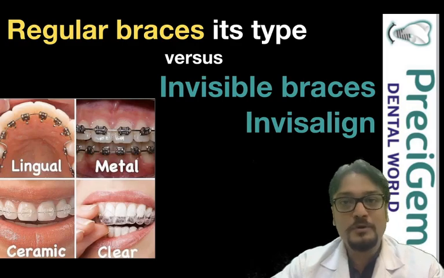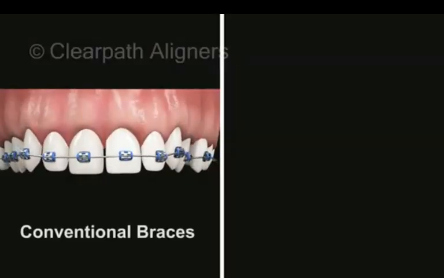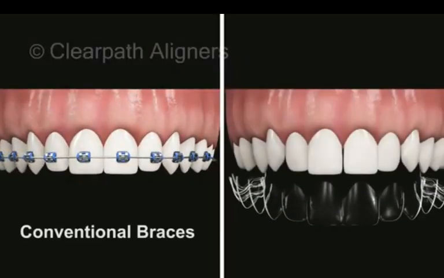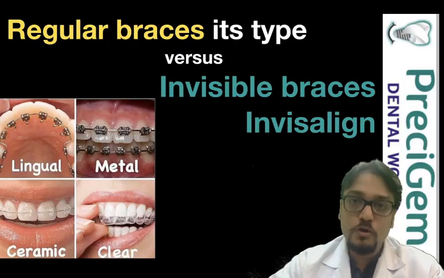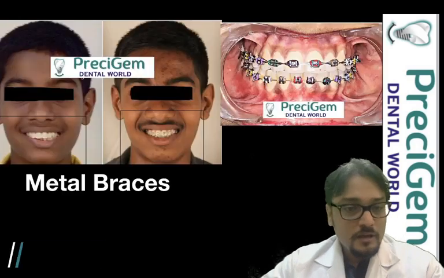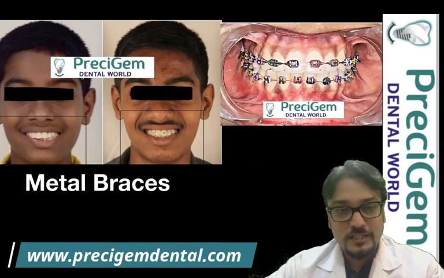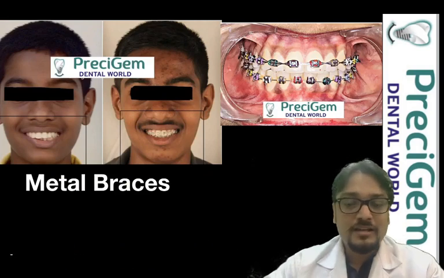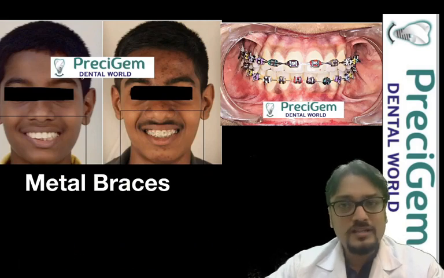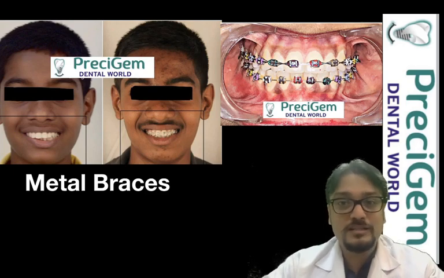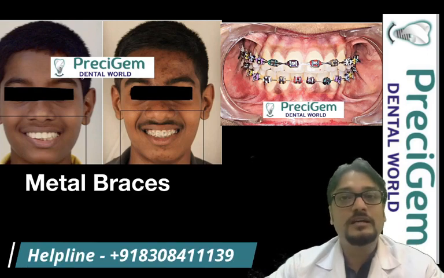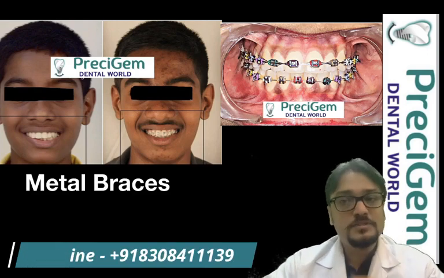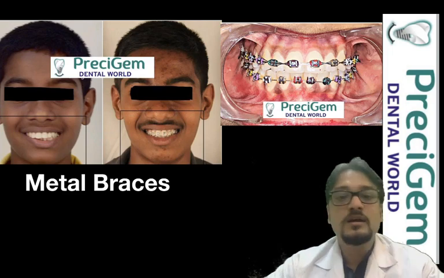In this video, I'm going to explain the different types of regular braces and their comparison with invisible braces, a new technological evolution. So basically, if you see, this is a regular metal braces and the patient has a little bit of crooked smile, crooked teeth. Many times we see that this kind of patient approaches for full mouth dental implants. Well, I say this is not a case for you. The case for you is orthodontic treatment. This comes under orthodontic treatment, and here the braces are used.